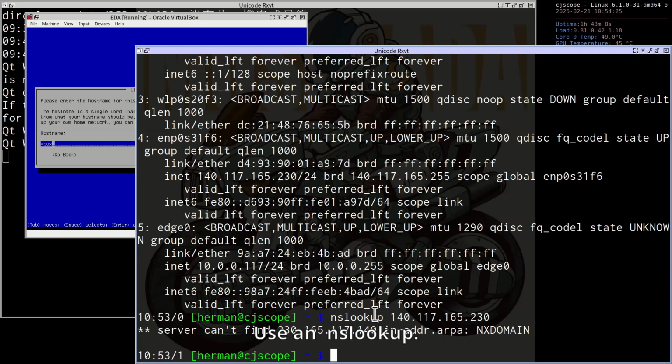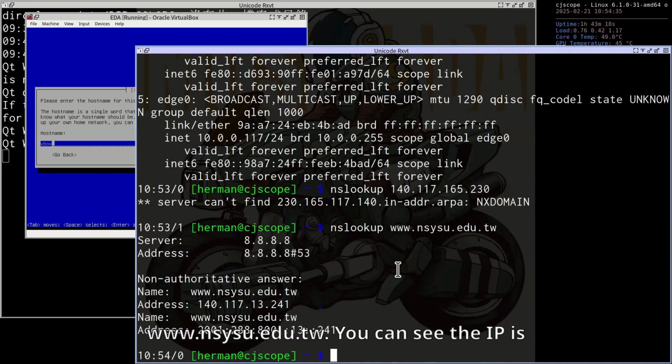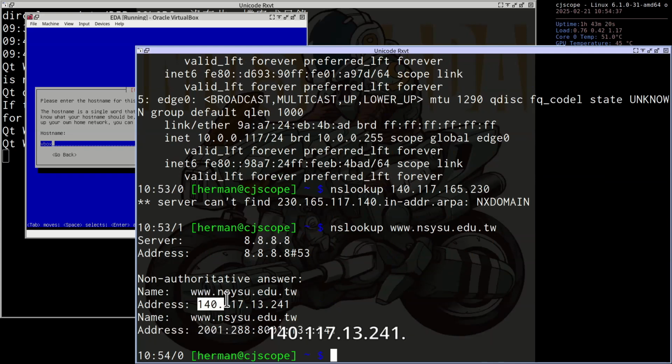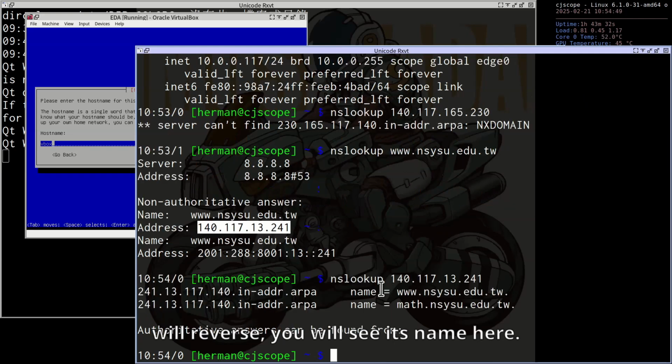Use NS lookup. For example, if you NS lookup www.nsysu.edu.tw, you can see the IP is 140.117.13.241, right? And if you type NS lookup this IP, you will reverse. You will see its name here.